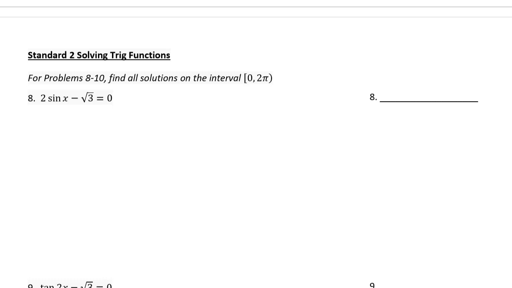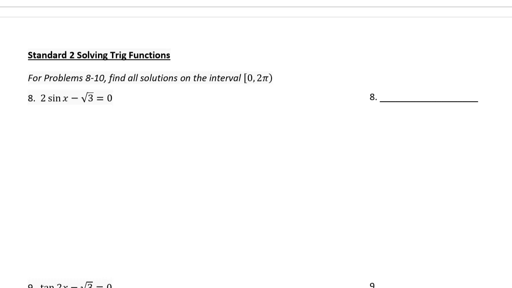So that wraps up the first standard, which was all the inverse trig, or that was more like the 7.4 section in your homework or notes. Now moving on to the second standard on this test, which is more like the 7.5 section, which was all about solving. So recall with solving, we have to worry about what type of answer to put, whether it's going to be degrees or radians, and then also pay attention to any restrictions on what my solutions can